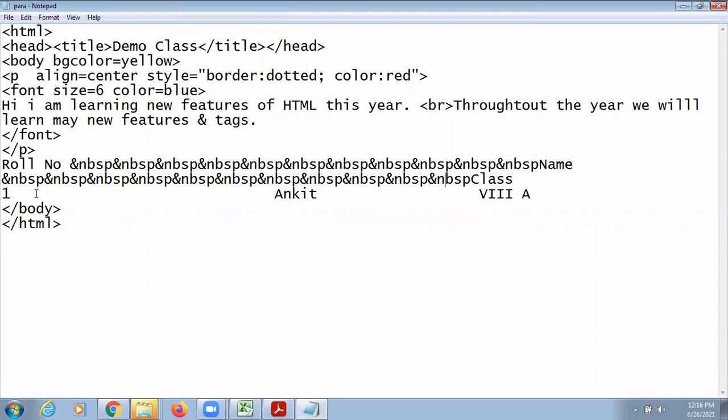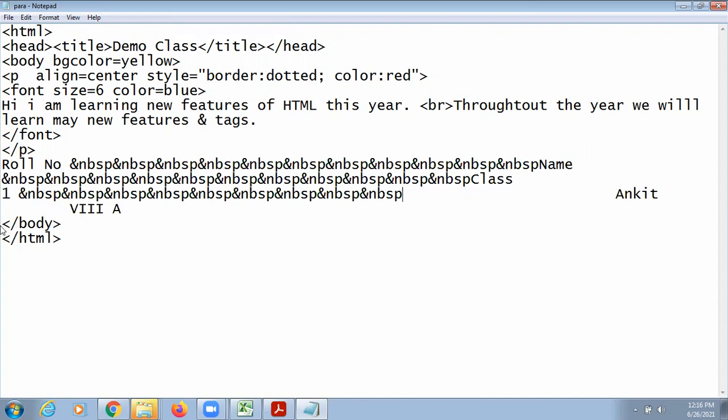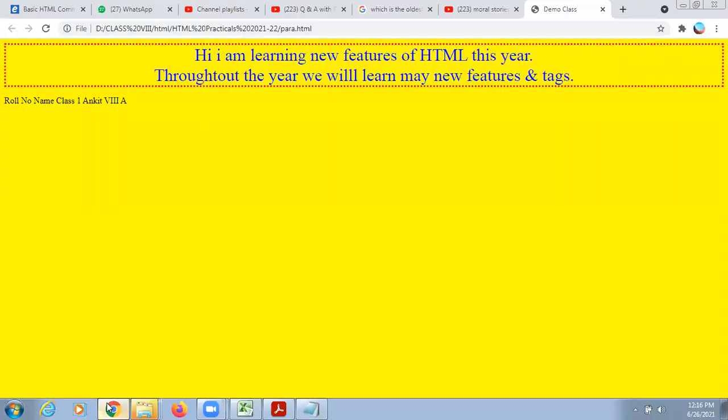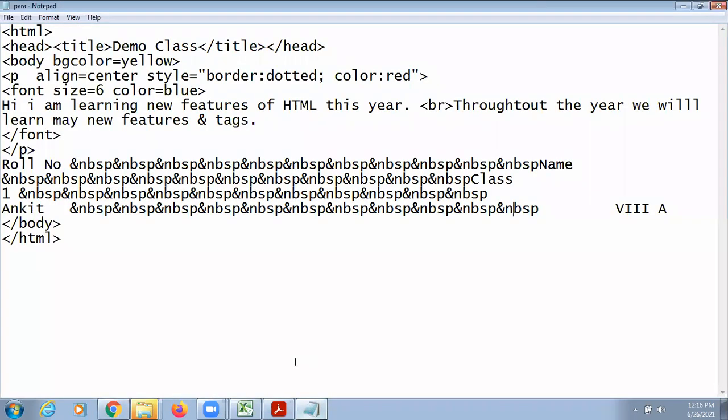Let's check. Let's give some before Ankit also. And before 8 also. Save, check how it is coming on the web page. Okay, now the spaces are coming, but one I have to shift to the next line, so I need to use the break tag before one.